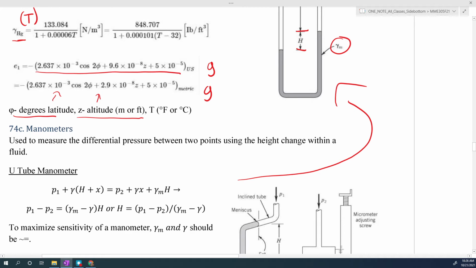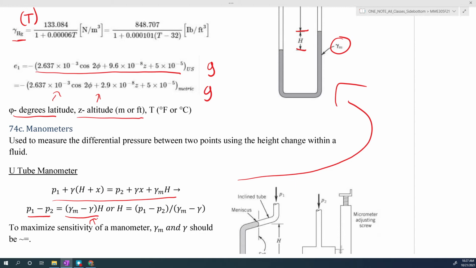So if we do a pressure balance right here, what we end up getting is the difference in pressure between point 1 and P2 is equal to the difference between gamma m and gamma, times the height. Okay, so that is the difference in the specific weight of the fluid that we're using to measure and the fluid or the medium whose pressure we're